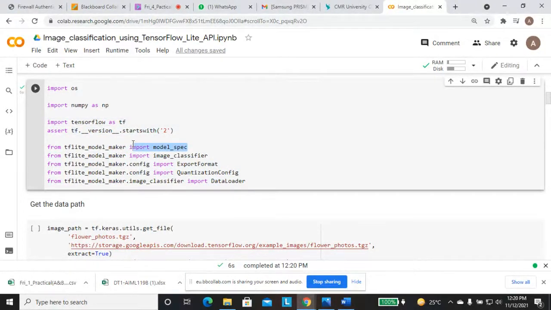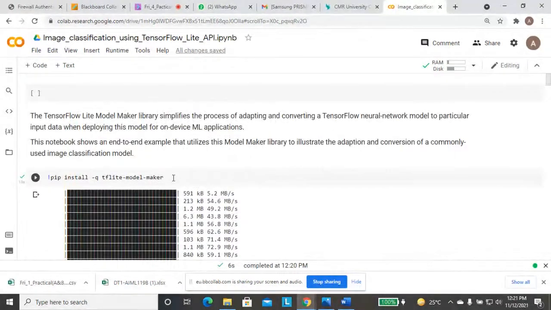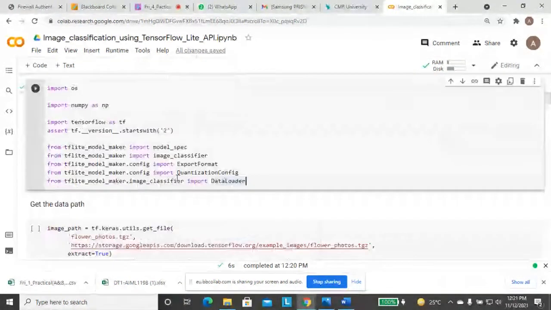Then we import these libraries: model spec, image classifier, from the TF Lite package. We are importing the export format, the configuration, and the data loader. So first we install the TensorFlow Lite package, then we import different libraries.